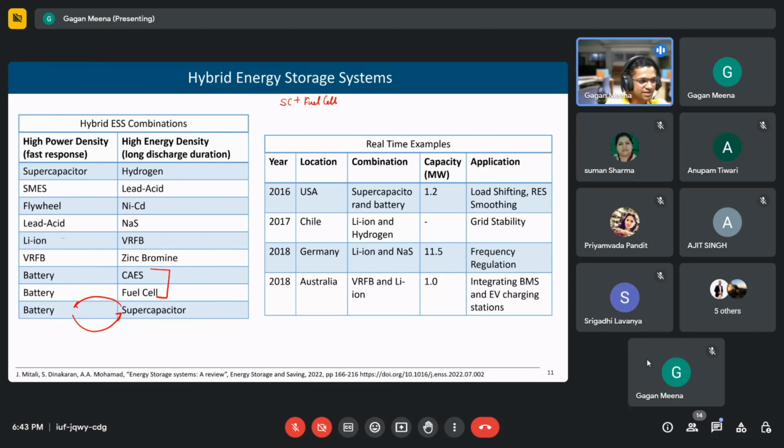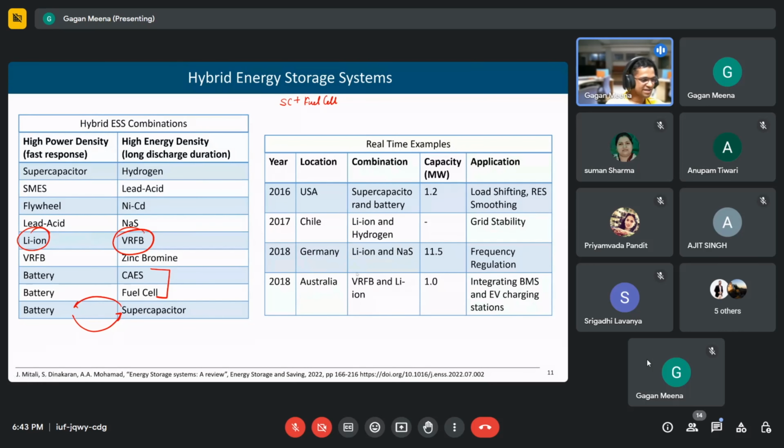Then there is this other example of lithium ion and vanadium redox flow. Why do we use lithium ion? There is one example of this in Australia, and there is one more, I think, in Oxford. In the Oxford campus, they have installed a lithium ion and redox flow battery hybrid energy storage, because the problem with lithium ion is its